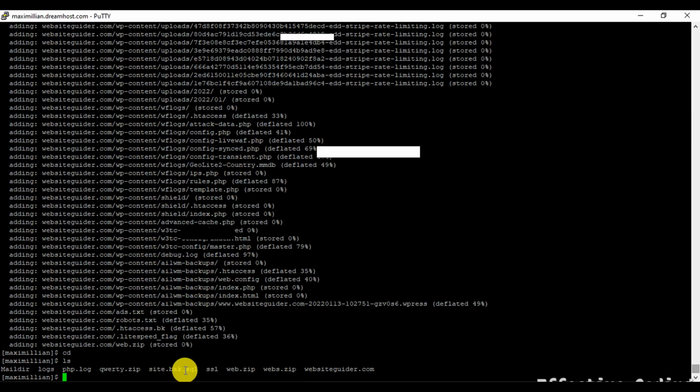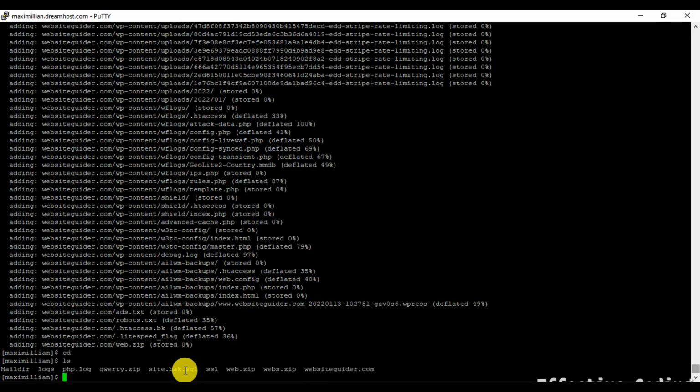Why I told you to use this method: because SSH zipping is the fastest method. If you do this by using the hoster, it may take a longer time for zipping the files, but the SSH method is very fast and it is secure to do this. That is why I told you to create a backup of your WordPress files through SSH. Also, you should use this method only if you are migrating one site from the other. Otherwise, there are many plugins or other tools which let you back up your WordPress files as well as